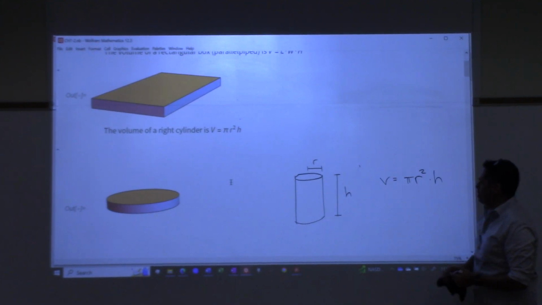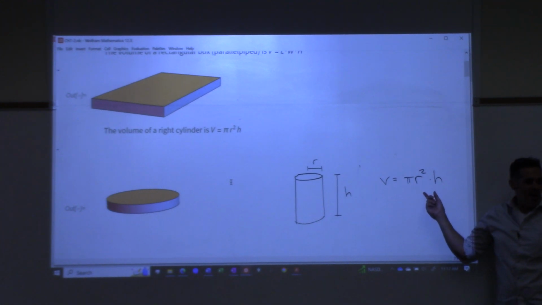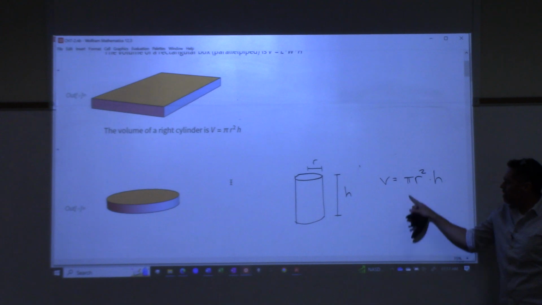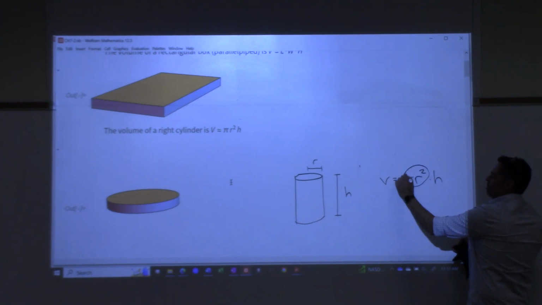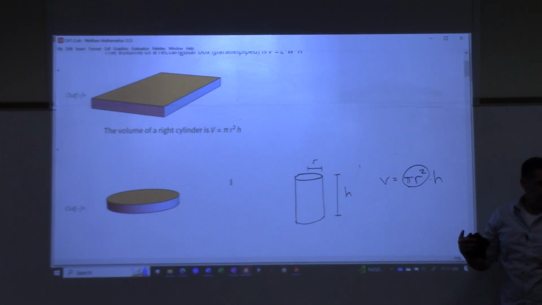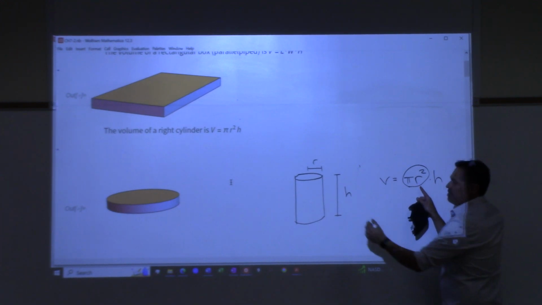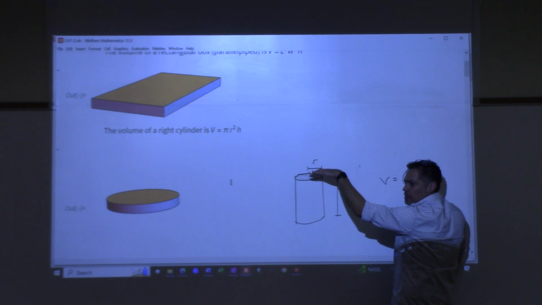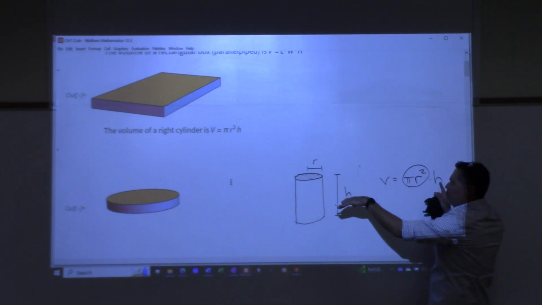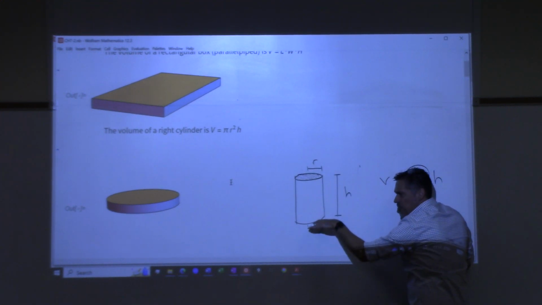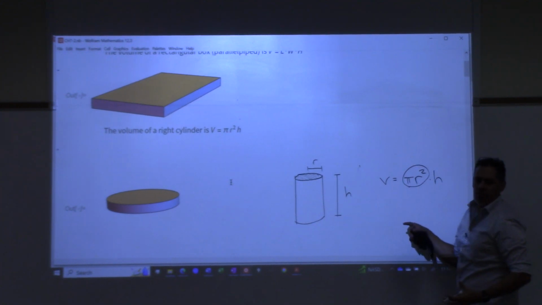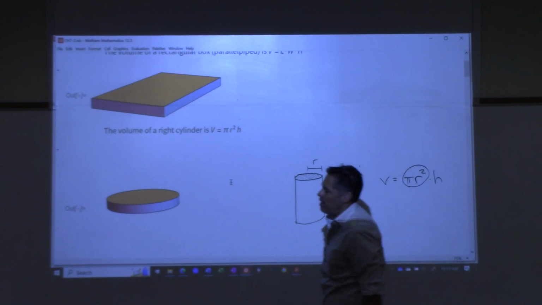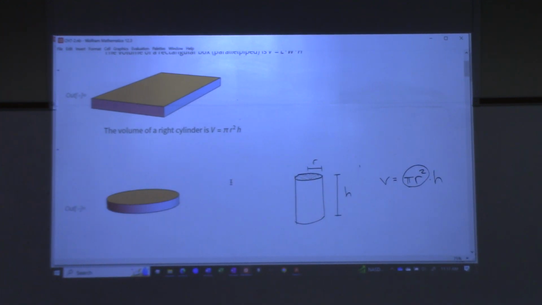Now, you may be familiar with this, you may not. It's kind of easy to see why this is the volume. Pi r squared is the area of a circle, right? So this calculates the area of that top portion of our cylinder. Then you multiply by the height, so you basically multiply it times the depth of it, and that gives you the total volume. Okay? So is that all right? Okay. The next shape